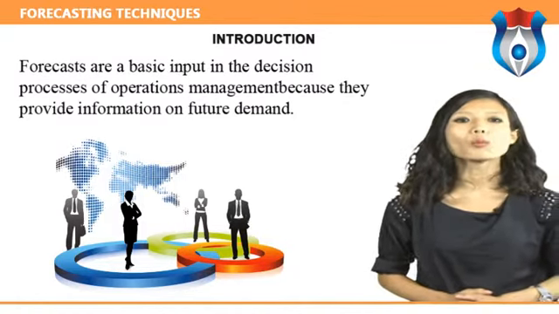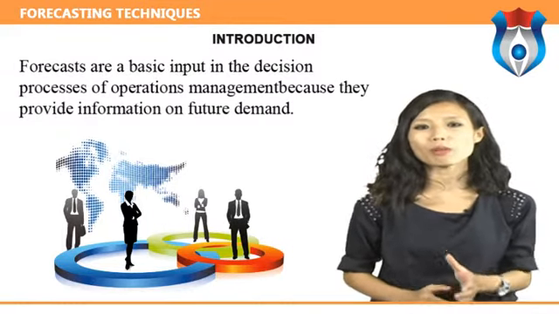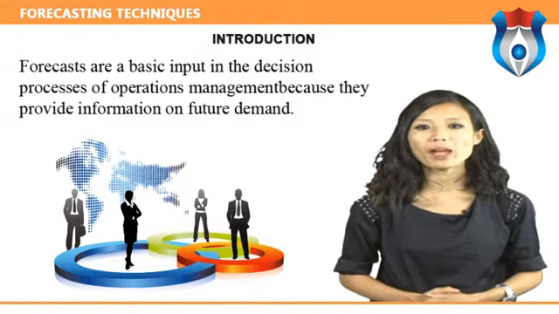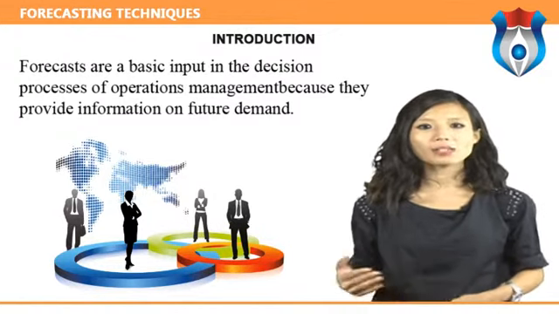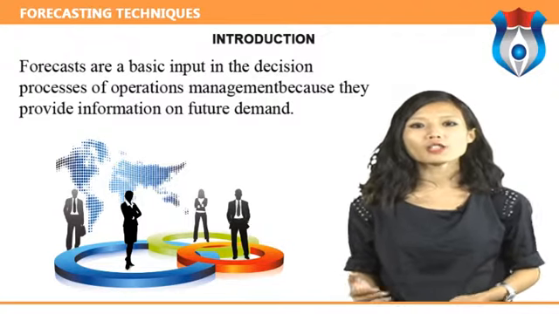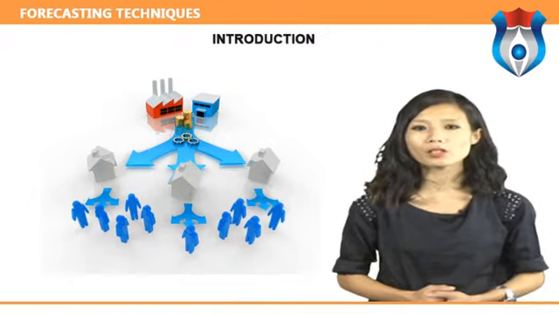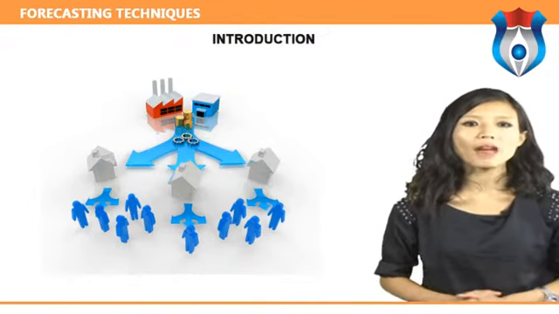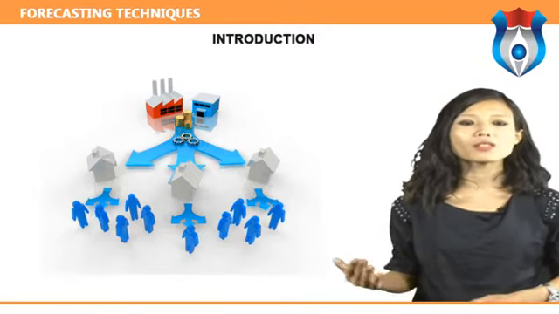For instance, operations need to know what capacity will be needed to make staffing and equipment decisions. Budgets must be prepared. Purchasing needs information for ordering from suppliers, and supply chain partners need to make their plans. Two aspects of forecasts are important. One is the expected level of demand. The other is the degree of accuracy that can be assigned to a forecast, that is the potential size of